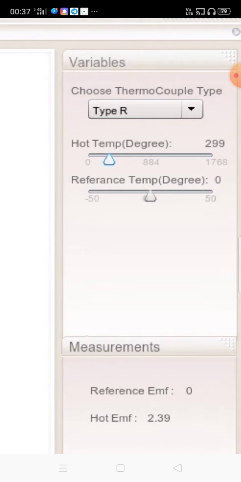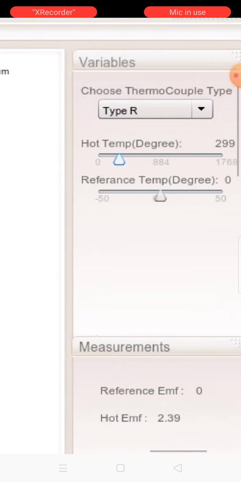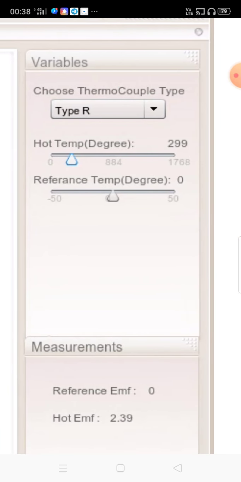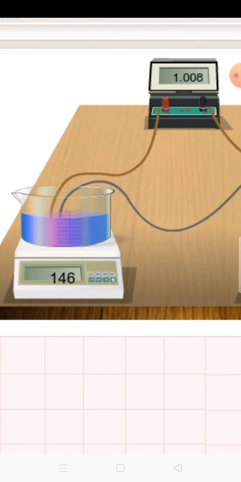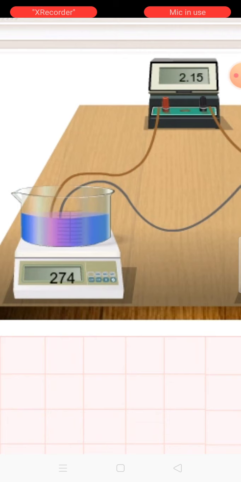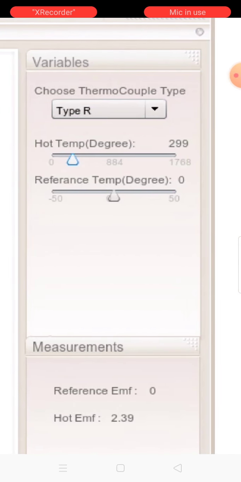So your hot junction temperature is 299. The reference temperature is at 0 degrees. Set it at 0 degrees. Now you see the values are changing. It is 299, it is 0. It is showing 26, 131, 146. Changing. Ultimately, it is stable at 274 and 299. So what value I selected earlier, it is showing the higher temperature, and the lower temperature is